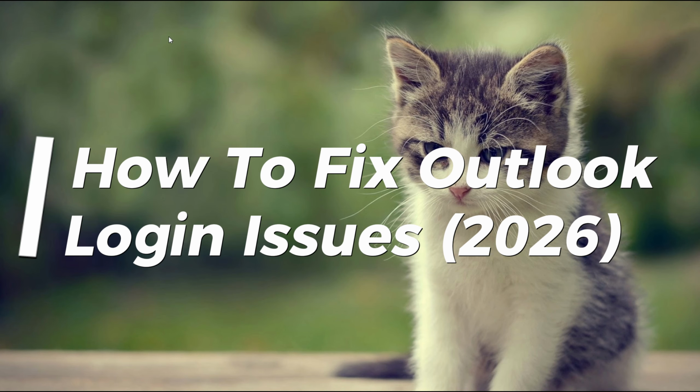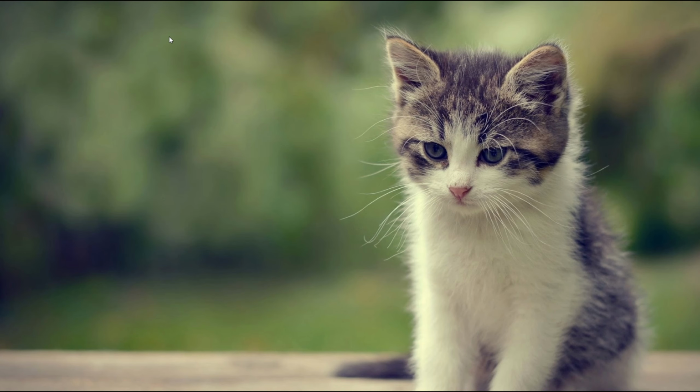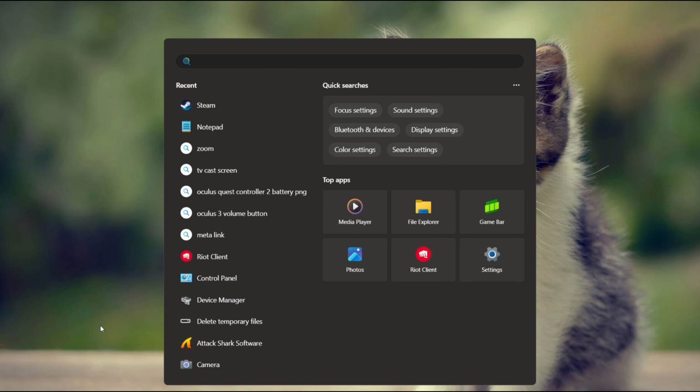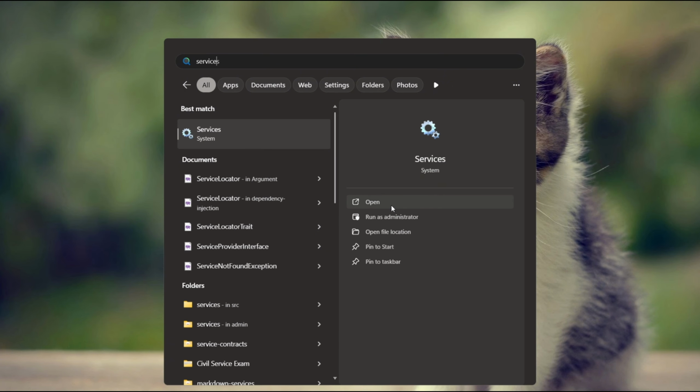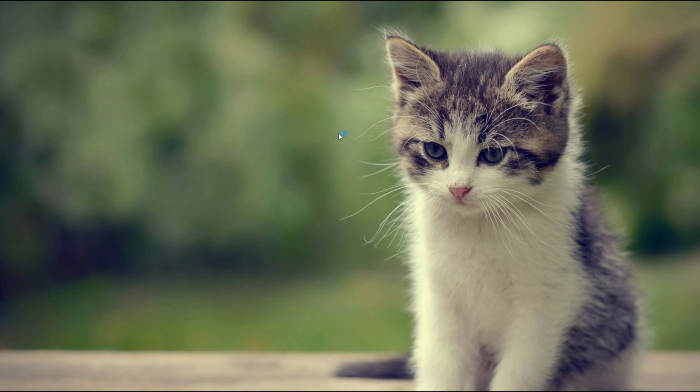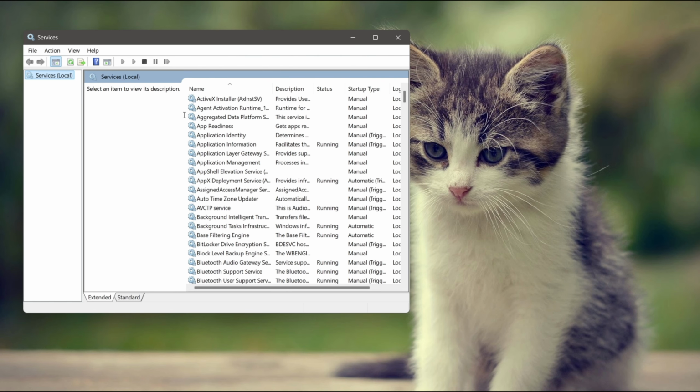Here are a few options you can try to fix some login issues in your Outlook. So first of all, you can go ahead to your search bar in your device, and search for services. What you're gonna do is open this or run it as administrator, and once you have,